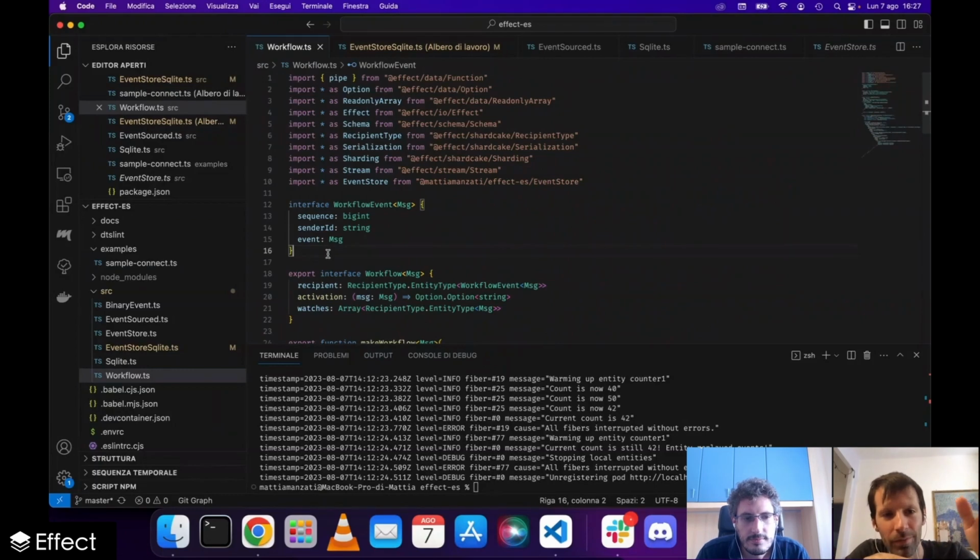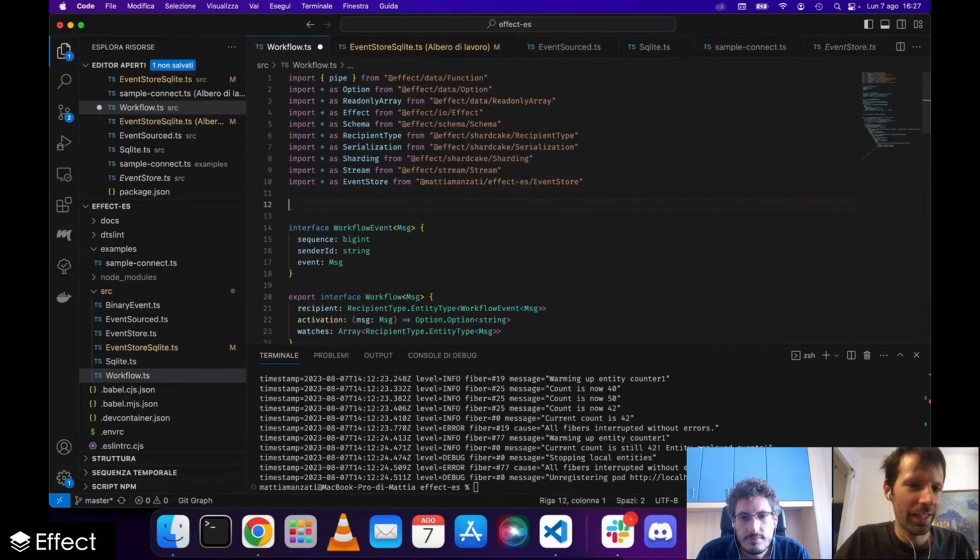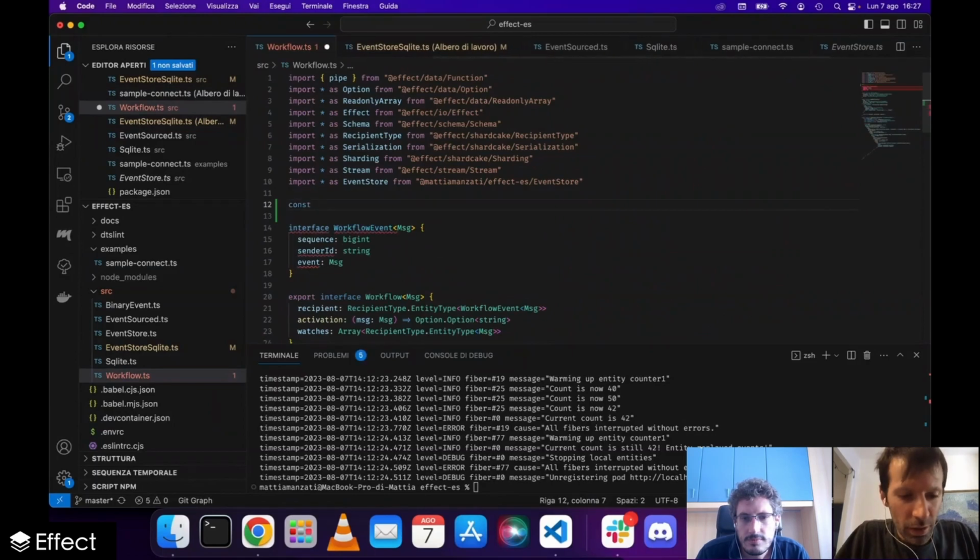So here I'm looking for an implementation of workflows that is basically based on generators. The API that I'm looking for is something like, for example, const workflow